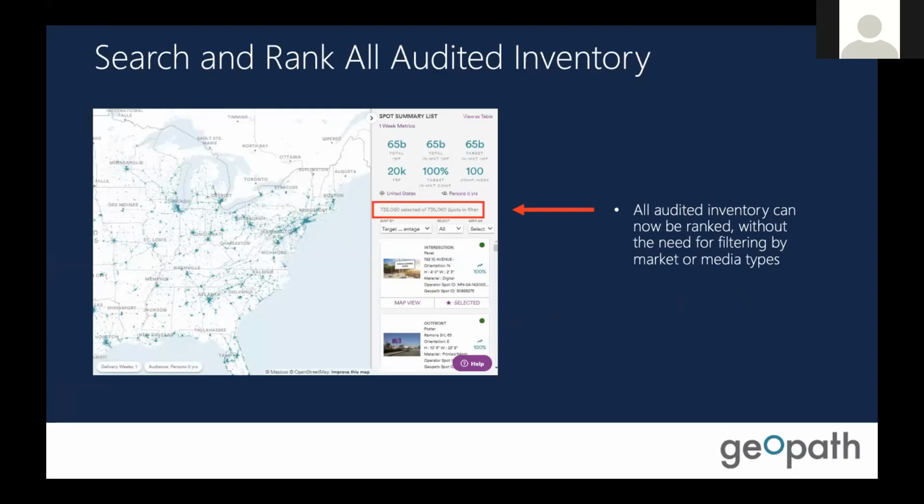Previously, there was always a throttle, so to speak, where you had to get below 50,000 for the inventory to start to populate in terms of seeing all of the inventory listed and filtered below. Now that is removed, so you can see all of our inventory, and you can start filtering it by comp index, by impression, by reach, etc. You can see that for every piece of inventory, so you don't have to get below that 50,000 mark. If somebody has a lot of inventory, they can now look at all their inventory at once and see which is the best for a certain type of